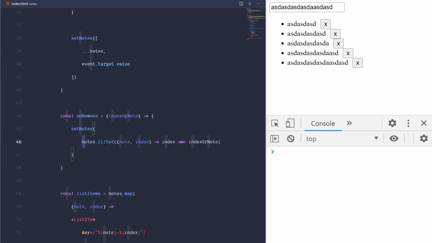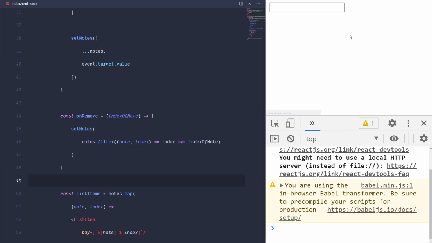So when we filter the nodes, it's going to return to us a brand new array, and that array is going to contain only items where the index of that array element is not equal to the index that we received from this function. And then we'll get that brand new array, and then we set the nodes to that brand new array. And now if we refresh, type,